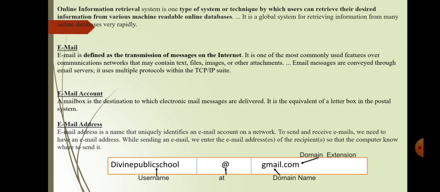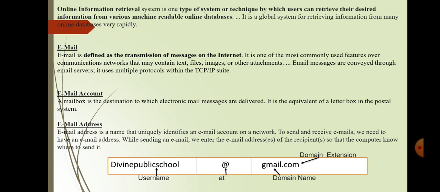Dear students, till now we understood what an email is, what an email account is, and why we need an email account. Email address. An email address is a name that uniquely identifies an email account on a network. What is the meaning of this line?